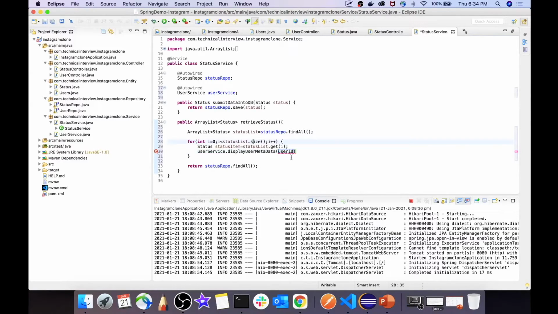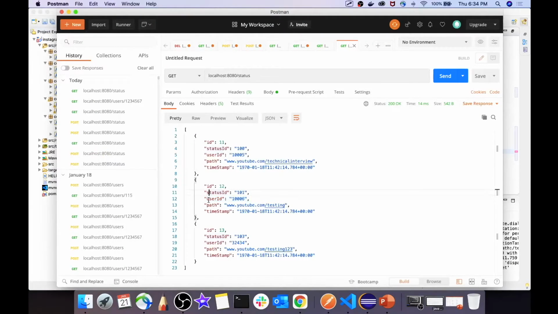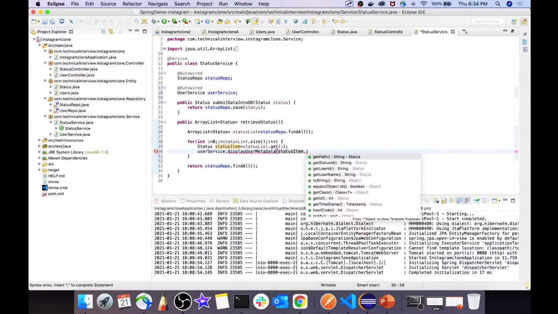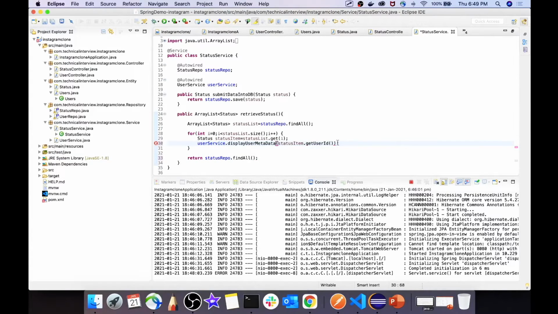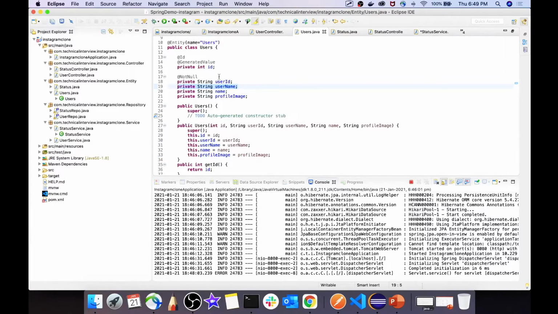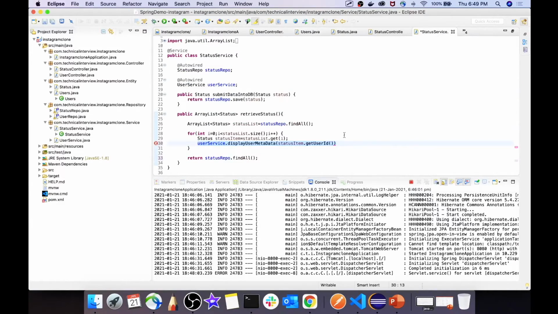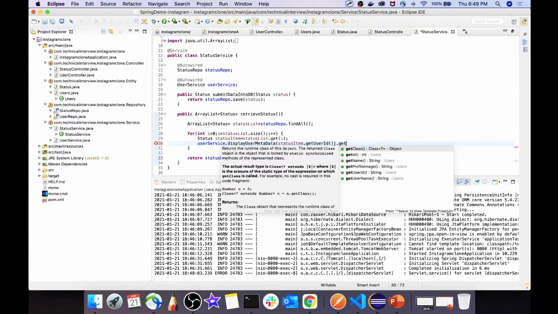So we will be calling this function over here, and we will be passing the user ID which we are getting from here. This will basically return an object of type user, and from this user we need to find the username for that user. So we will use the getter method to find the username. So over here we will do getUsername.